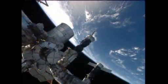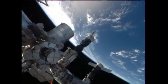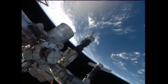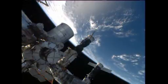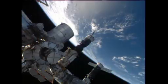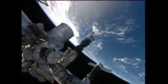Experiments in science were also significant parts of the week's activity, including the European Space Agency's energy experiment, which Chris Hadfield participated in this week. He's about midway through the 10-day run, which has the crew member following a defined meal plan, detailed logging of the food and liquid intake, and multiple sessions measuring their oxygen uptake. That experiment is aimed at studying the crew member's metabolic rate and measuring precisely how much food is needed for